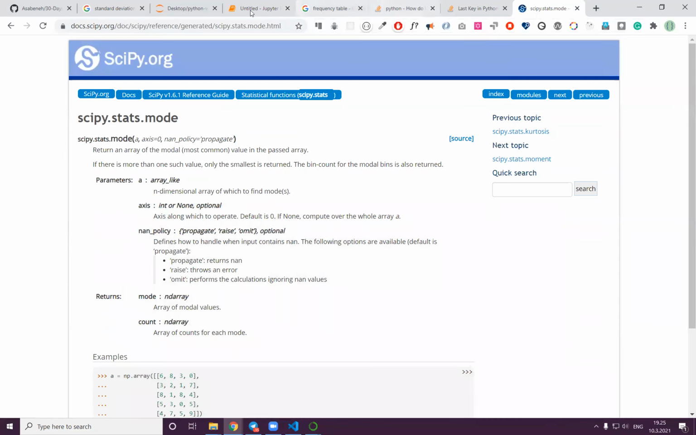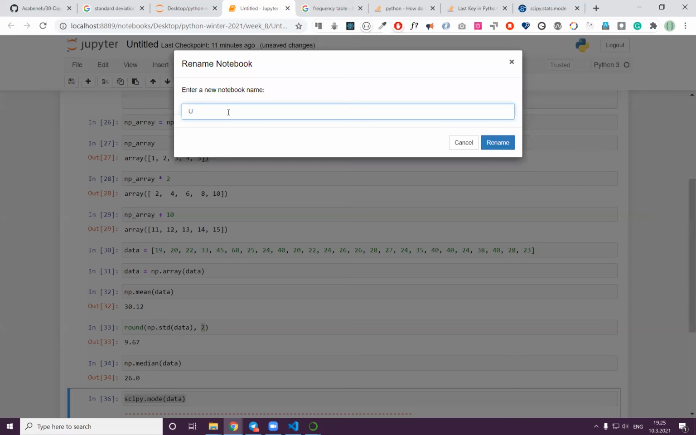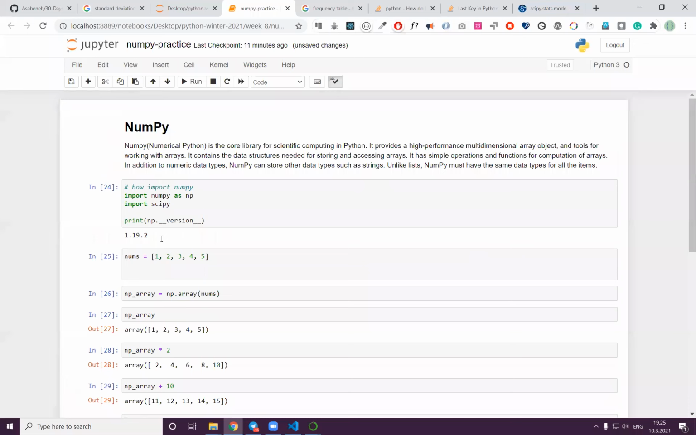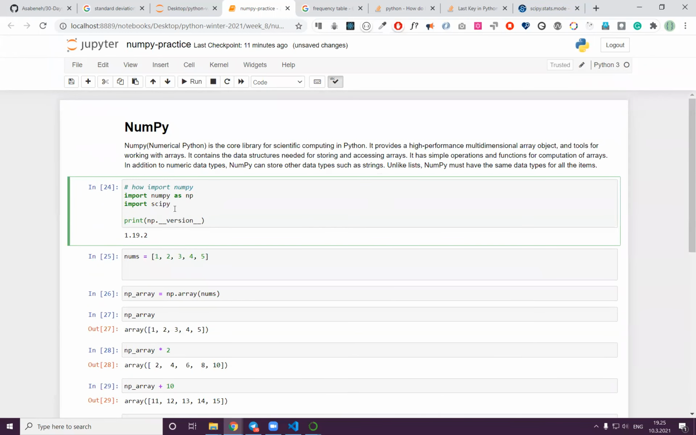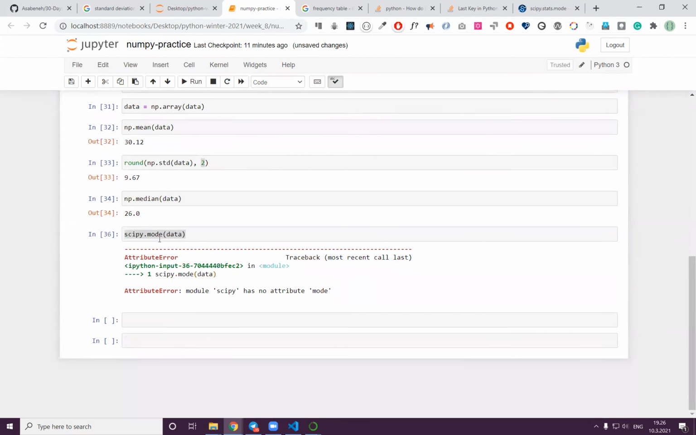Oh, I think I'm opening lots of things at the same time. Where was I? And it's also good to give names. So let's call this file numpy practice. And the reason why, instead of SciPy, I have to use from SciPy the stats module. That means the statistics module. So in that case, I should have used here stats dot